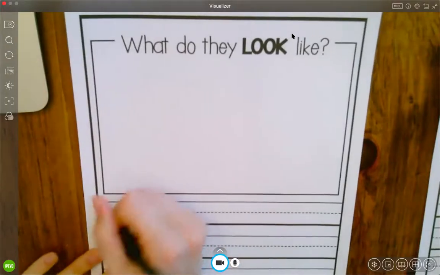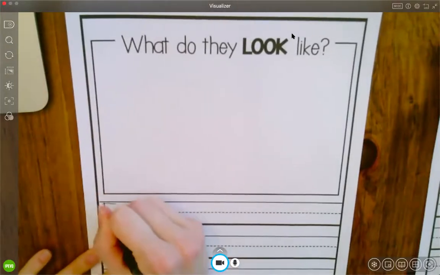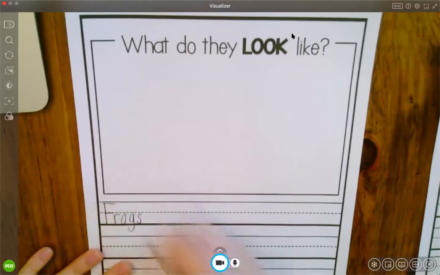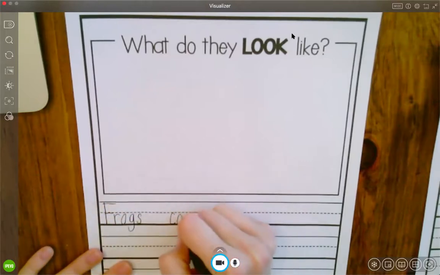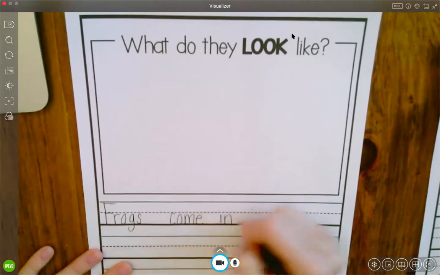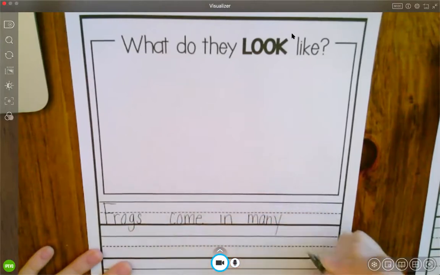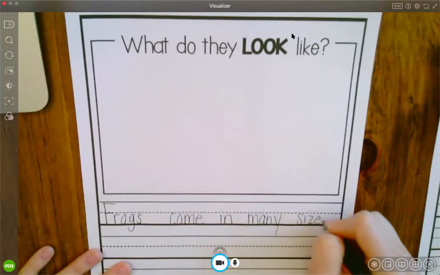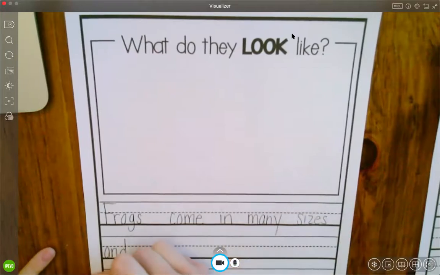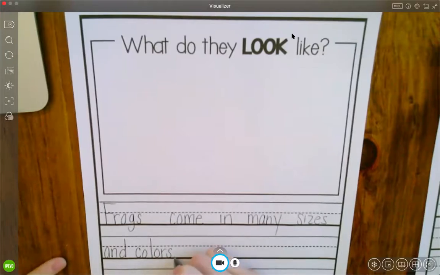All right, so I'm going to go ahead and write, Frogs come in many sizes and colors. Now that is the end of my first sentence, so I want to make sure I have punctuation, and I can't forget to always start a sentence with an uppercase. Now I'm ready to write another sentence, so I want to make sure I start my next sentence with an uppercase letter, okay? Frogs